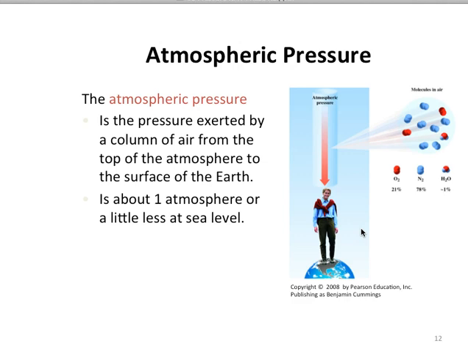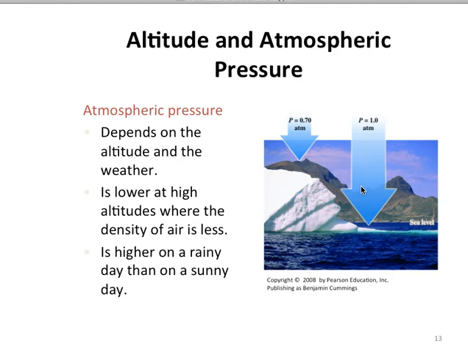What do we mean by atmospheric pressure? Well, the definition is the pressure exerted by a column of air from the top of the atmosphere to the surface of the Earth. At sea level, it is taken to be 1 atmosphere. And we will use 1 atmosphere as the standard pressure. But it is that pressure exerted by a column of air, mainly oxygen and nitrogen, on the surface of the Earth. The atmospheric pressure does depend on the weather, it depends on the altitude. It's lower at higher altitudes where the density of the air is less, and it's higher on a rainy day than